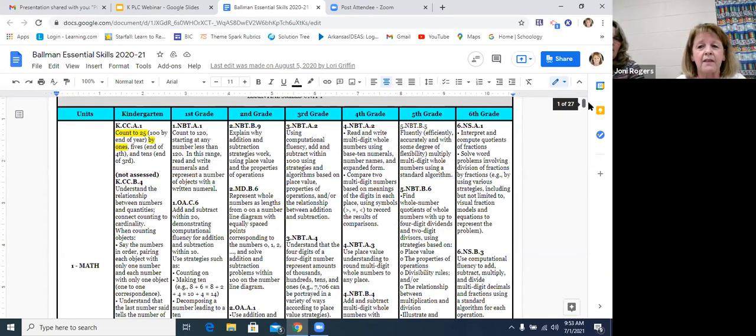See, in math, the first quarter of kindergarten, we're transitioning in how to be a kindergartner, and social skills, and, like I said, being in kindergarten. So there's not a lot of skills that we have to teach in the first quarter, but it does catch up as the year goes on.